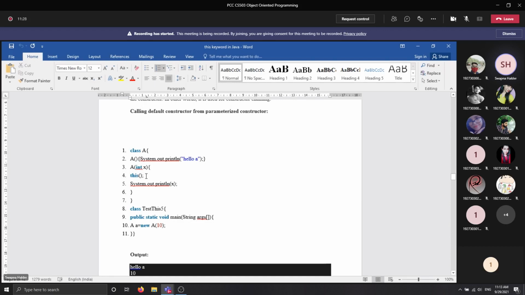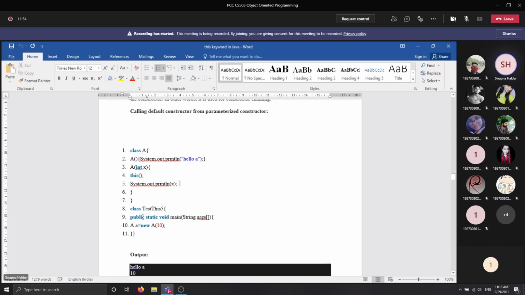This is nothing but the syntax for calling the current class constructor. After that, we show one SOP that will print the variable that I pass to this parameterized constructor. To make this happen, you have to create one object of this class.